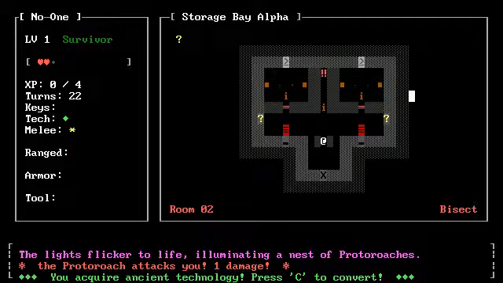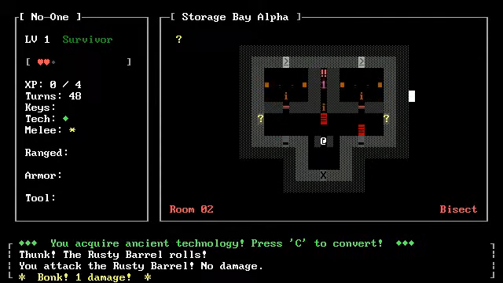Now, there's a way to kill that guy without taking damage. It's a little bit tricky, but yeah. Keep in mind, he's only got 2 health, so if you attack him once more...